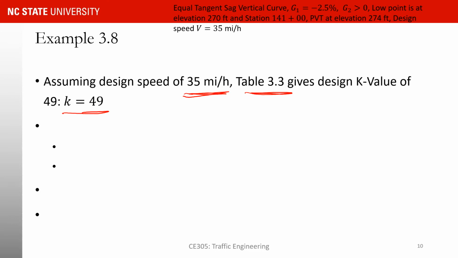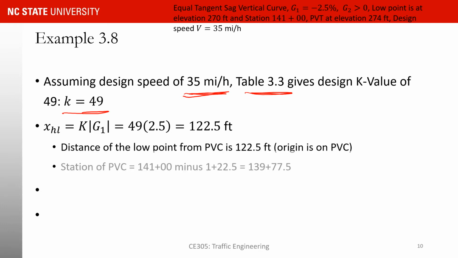Or there was an easy way that you could use: the K value and the initial slope of the tangent, and by multiplying those two, you could find the location of the high or low point. This is a sag vertical curve, so when we are talking about the location of the high or low point, we are really talking about the low point. If you multiply K, which is 49, by 2.5, which is the initial slope, you would get a value of